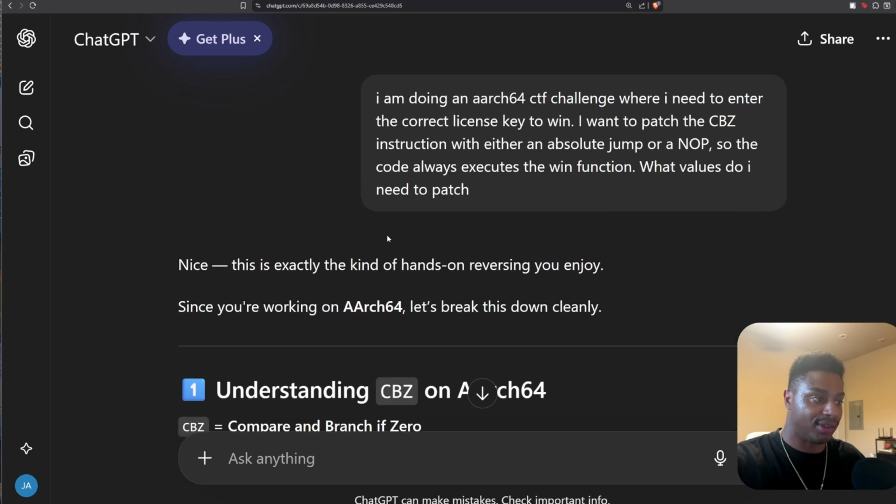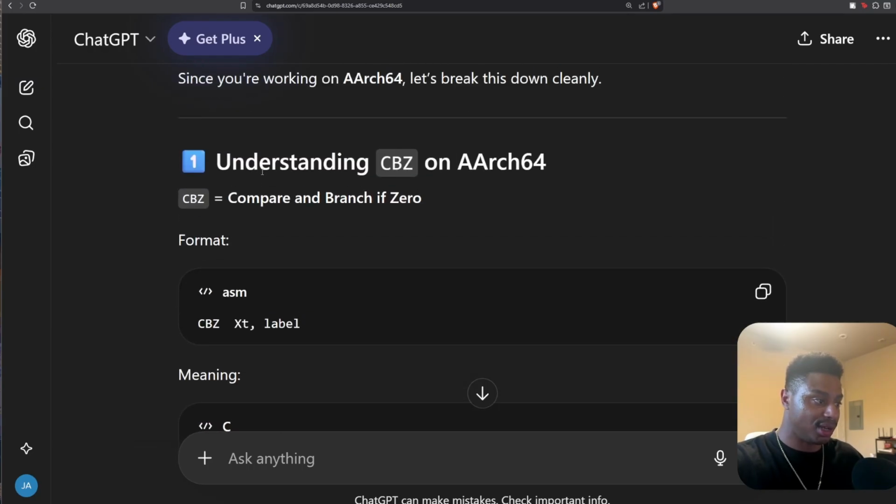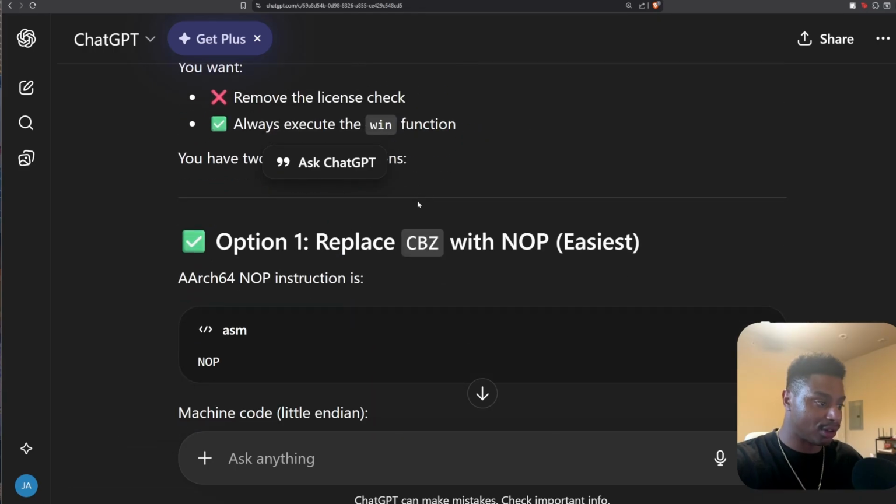The prompt I gave it was simply, I am doing an ARM CTF challenge where I need to enter the correct license key to win. I want to patch this instruction, CBZ, with either an absolute jump or a no operation, so the code always executes the win function. What values do I need to patch? And it goes down and explains what this function is, compare and branch if 0. And then if we continue to scroll down a little bit,